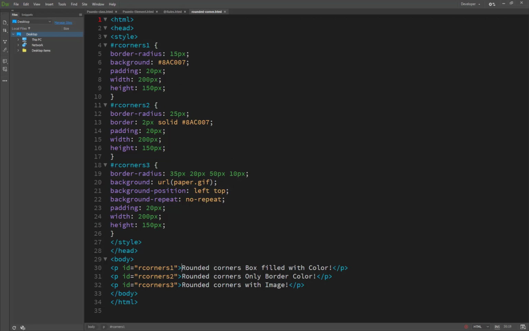Now you will see here I have used 3 classes. Basically I have set 3 paragraphs. The first one is round corners 1, the second I have just given a user defined ID, round corners 2, and the third one is round corner. So now you will see in the first one I have just set a border radius of 15